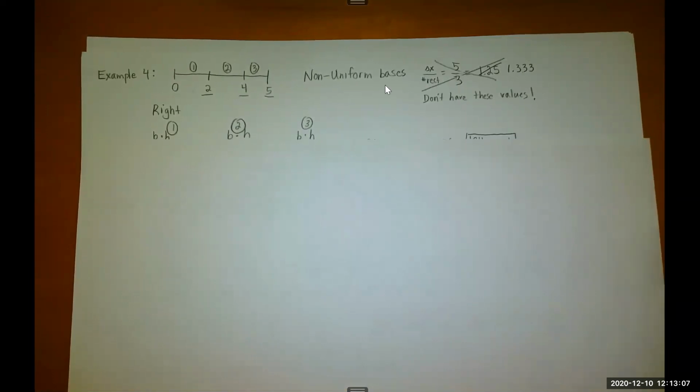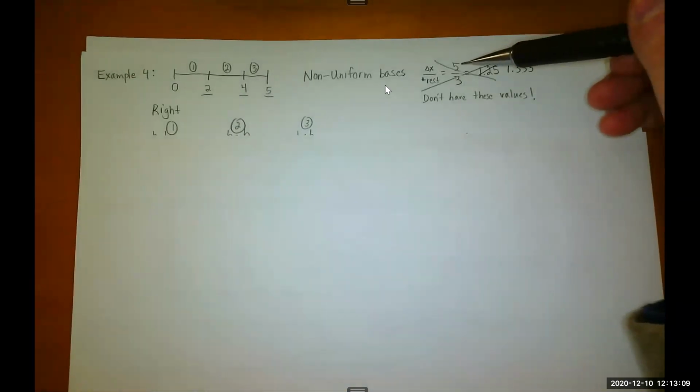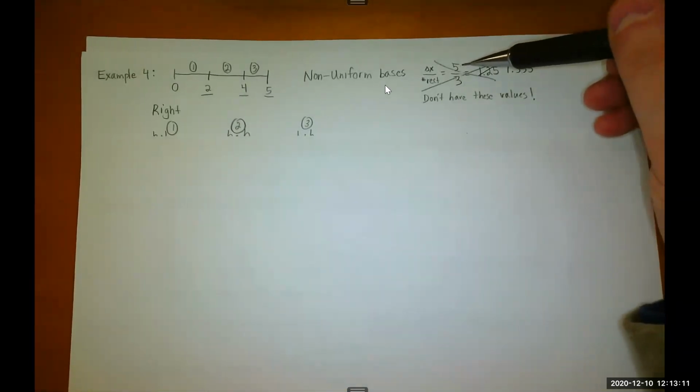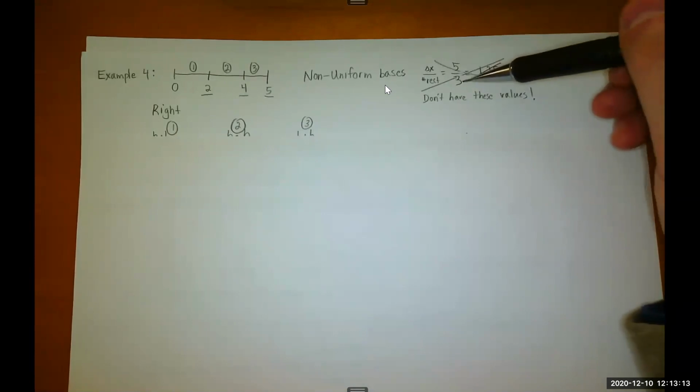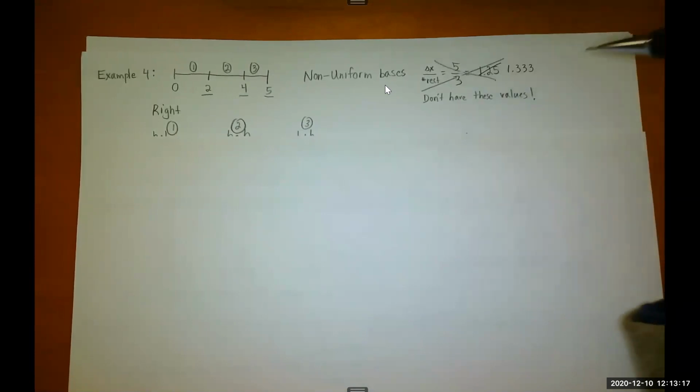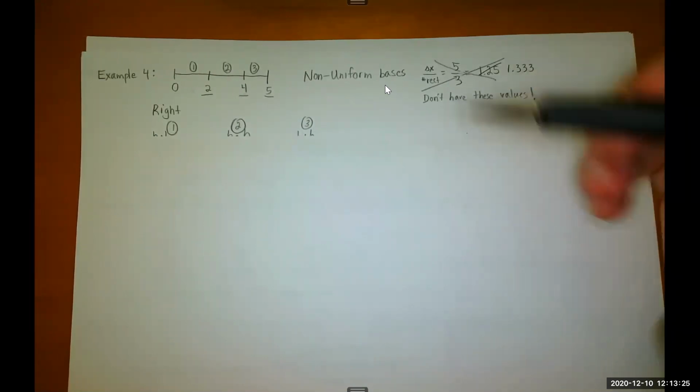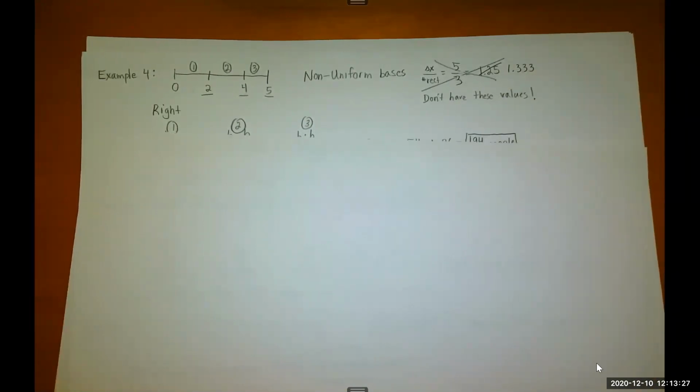The 1.3 is taking the total distance from t equals 0 to t equals 5, which is 5 units, and dividing it into 3 equal pieces because I need 3 rectangles. So that's where I'm getting the 1.3 from. I'm taking the total, dividing it into 3 equal pieces. So how does a Riemann sum work if we have